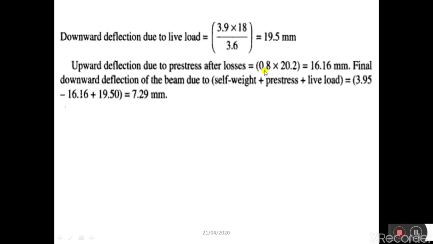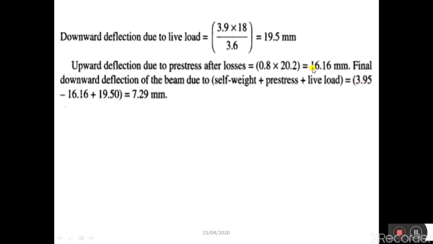That means when the cable is having a prestress of only 80%, what will be the deflection? So that will be 16.16 millimeter. Therefore, the final deflection of a beam due to self-weight, prestress, or live load is equal to plus 3.95 minus